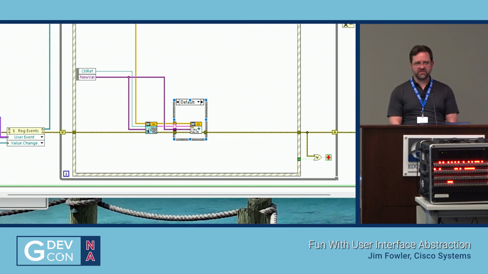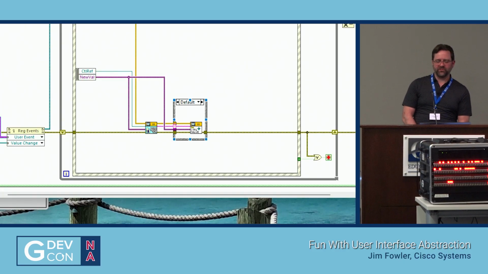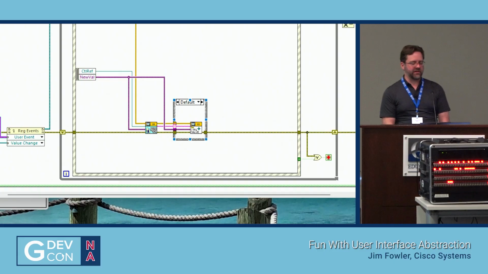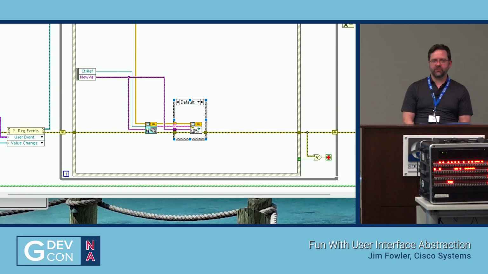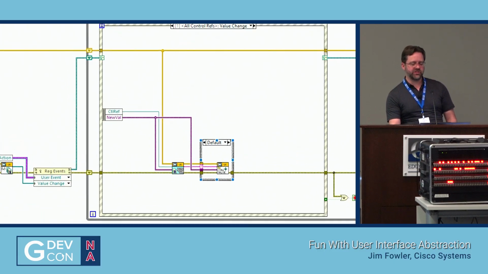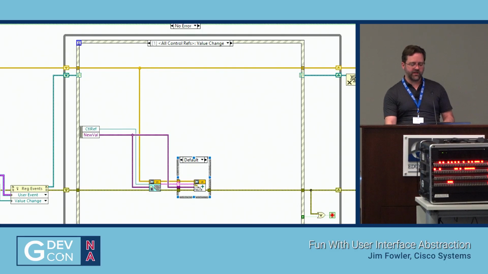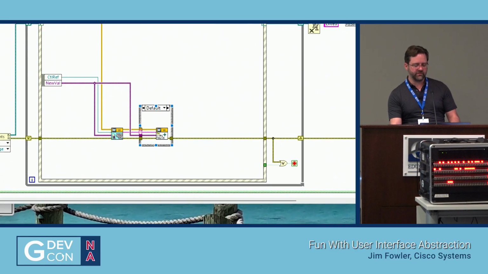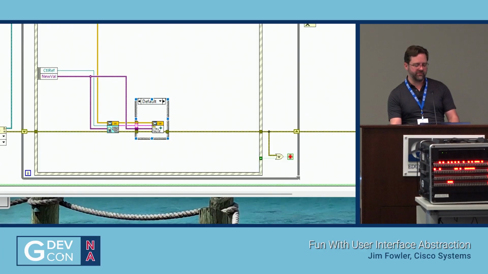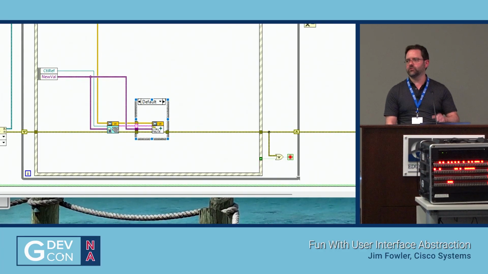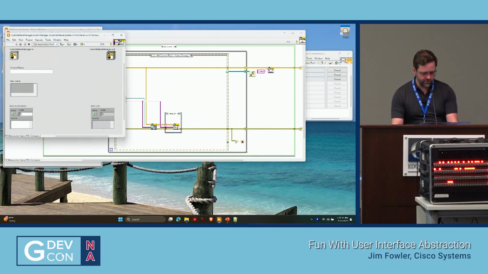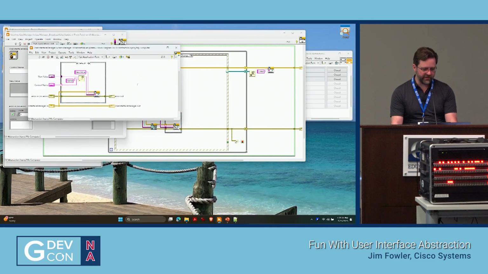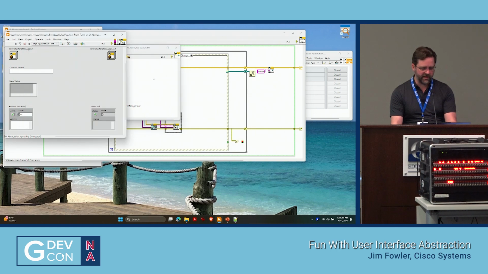Yes, and I probably didn't explain that well. You didn't. My apologies. So when someone changes a control or indicator on the user interface, the UI manager receives the event through that value change event, and then it redirects. This is the part that I didn't talk about, this control value event here. It sends out another user event to itself.